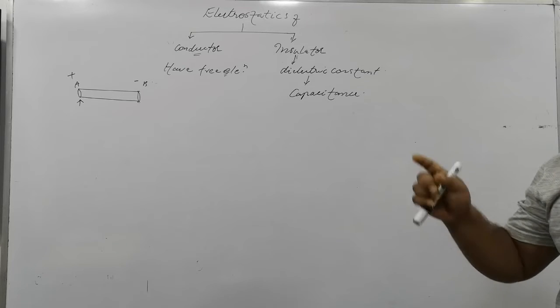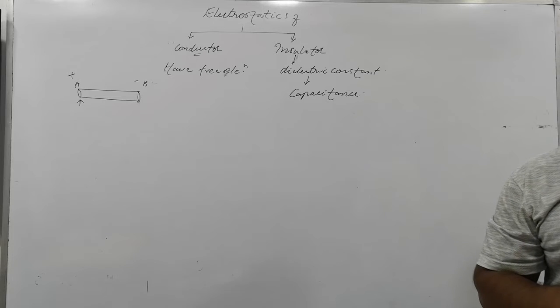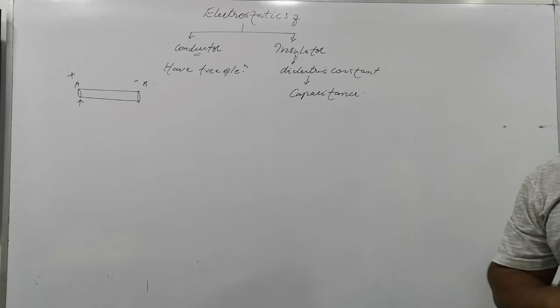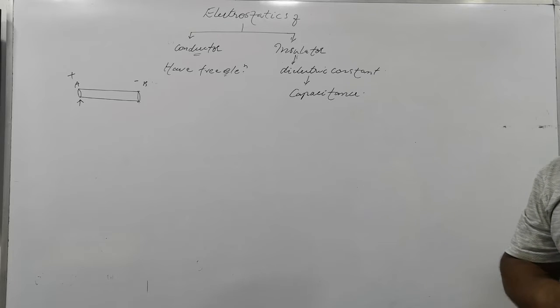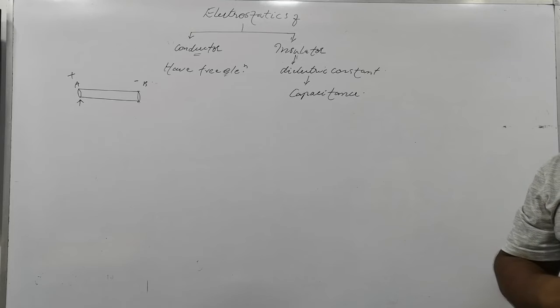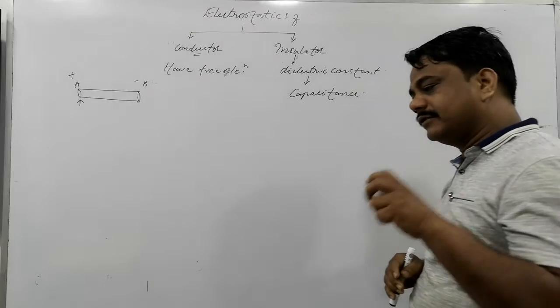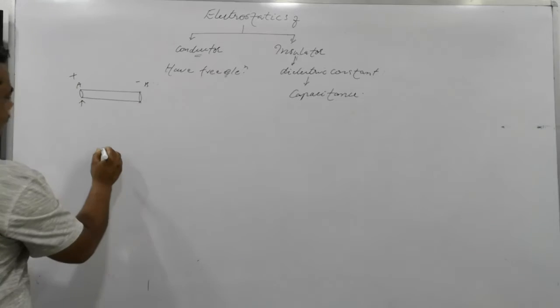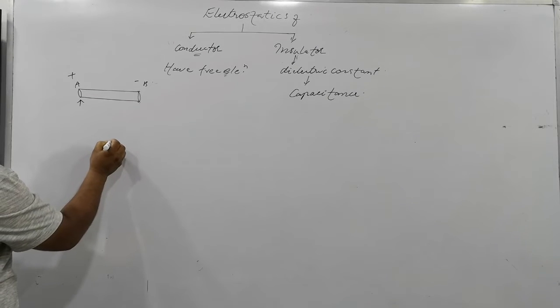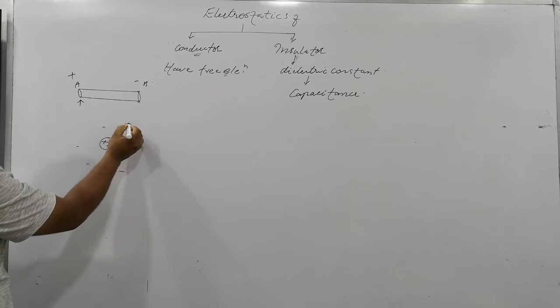Charge carriers are present throughout the conductor. When a potential difference is applied, these charge carriers start drifting, moving from one place to another. Together, the free electrons form a kind of electron gas or cloud. You may see this in your textbook, so keep it open while you study. What is the atomic structure? The atom is made up of a positive nucleus, and the electrons form a cloud around it.